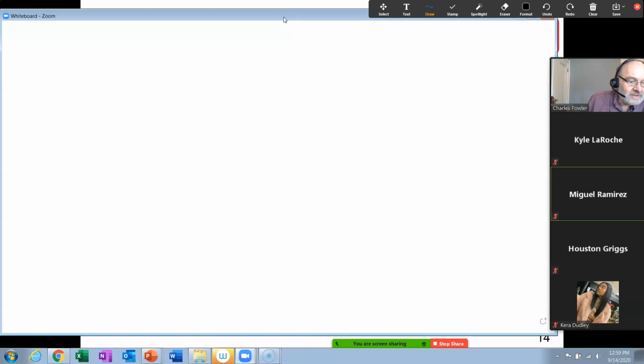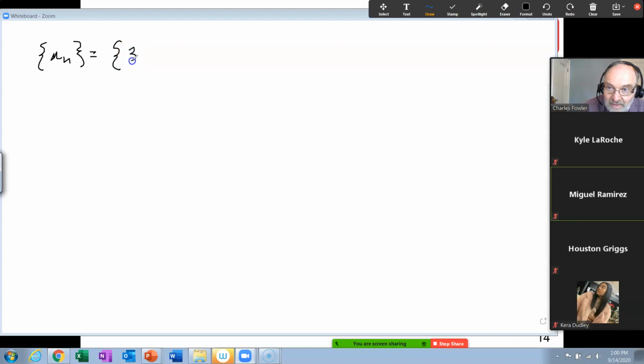Now, example 3, you can go to larsoncalculus.com and see an interactive version of this type of example. So, here's A. Example 3A. Here is a sequence, a sub n, and the pen is doing strangely right now. I'll try to slow down. And this is equal to 3 plus negative 1 raised to the nth.